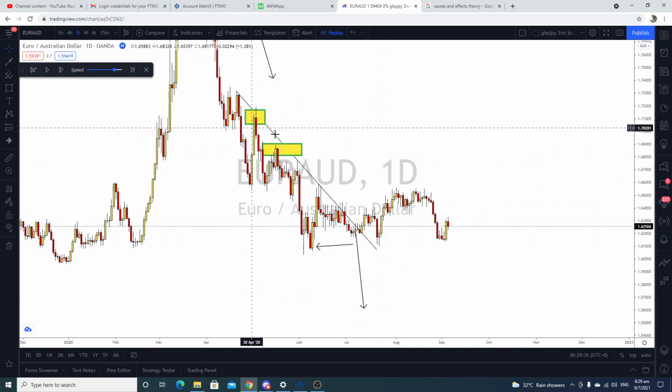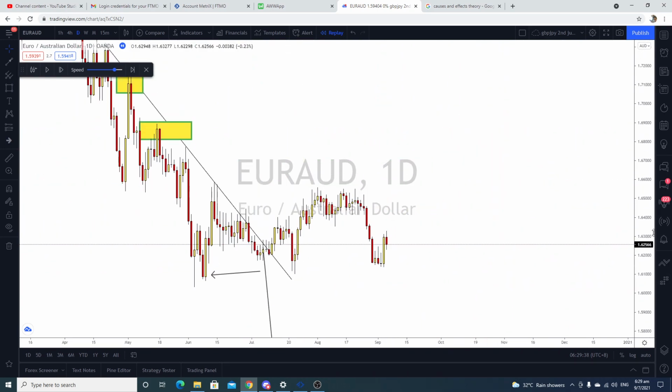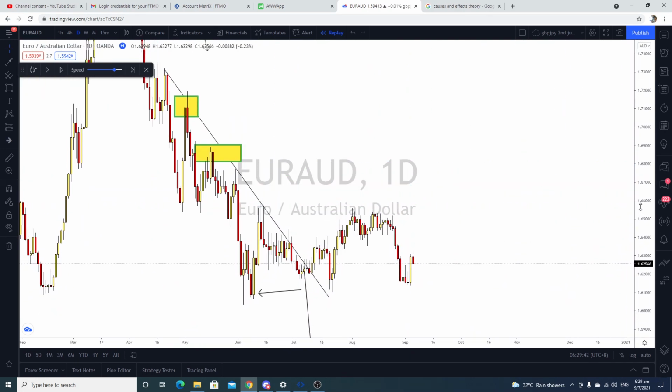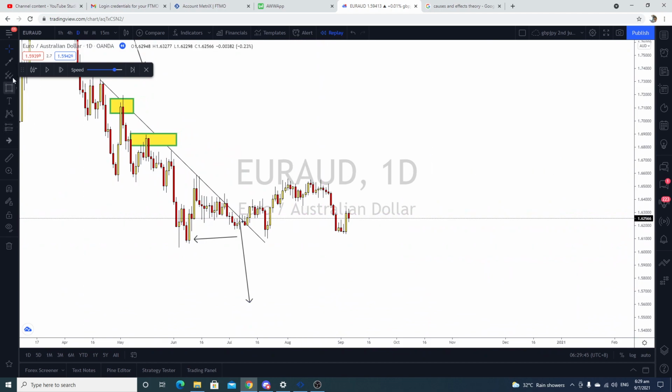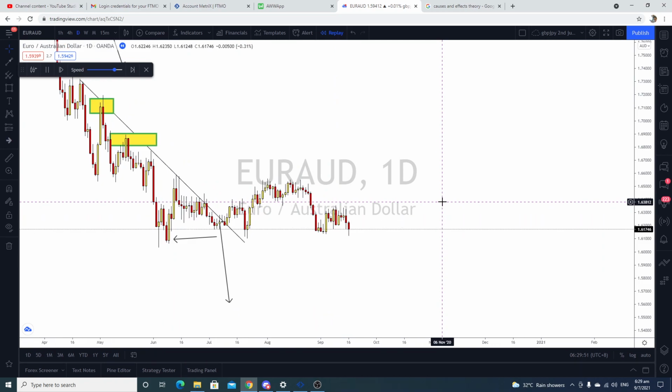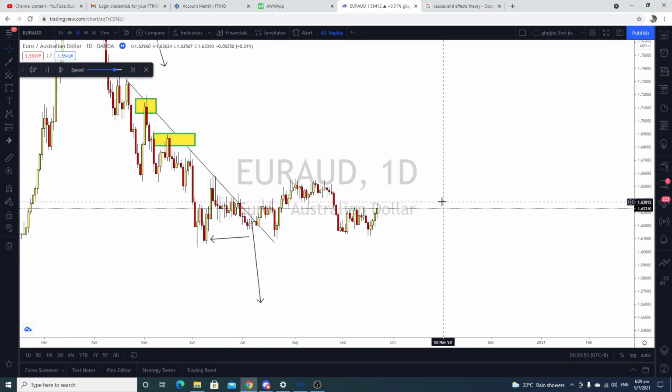That's a trend line. But if you adopt a trend line into your strategy, in this case you're quite lost. How are you going to mark your trend line? Trend lines only work in trending markets. When the market is not trending, your trend line strategy won't be of much effect, I would say.